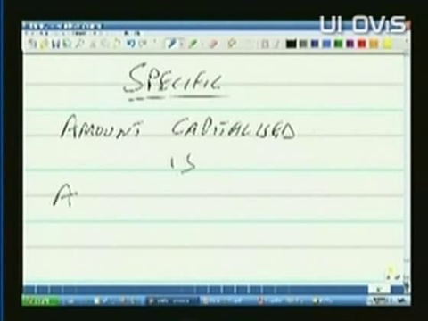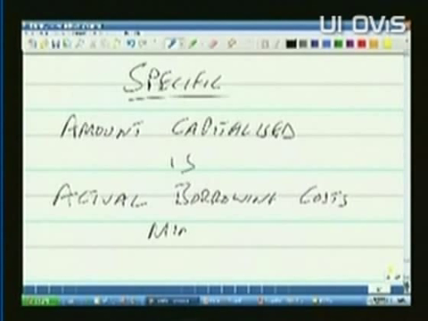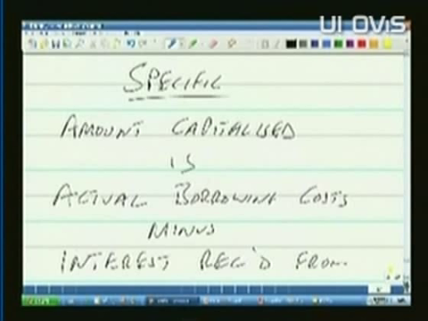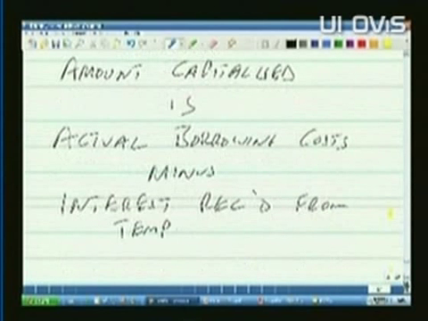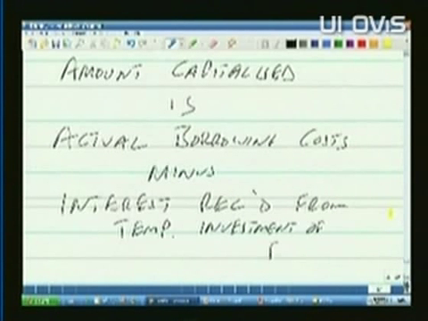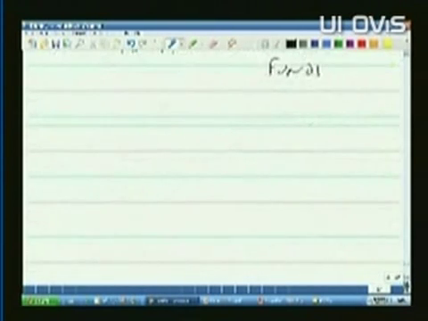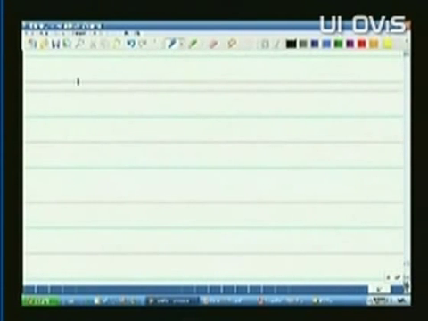the amount to be capitalised is the actual borrowing costs minus any interest received from the temporary investment of those funds. Okay, so the amount capitalised is the actual borrowing costs incurred minus any interest received from the temporary investment of those funds. So, let's say for example I want to build a building,